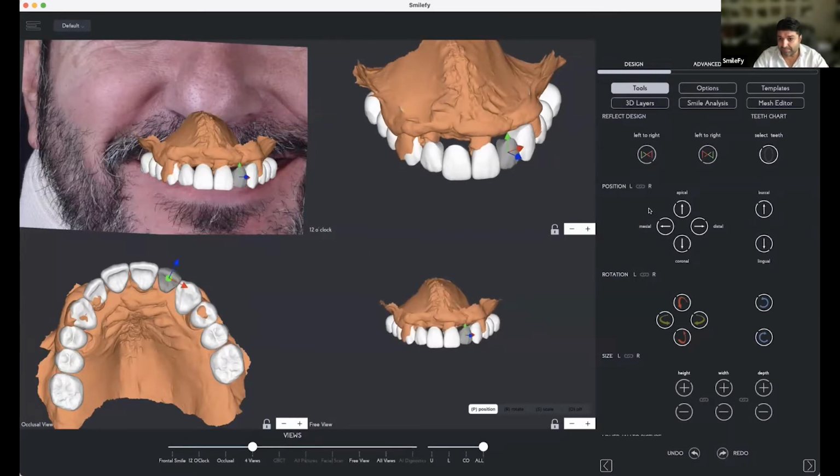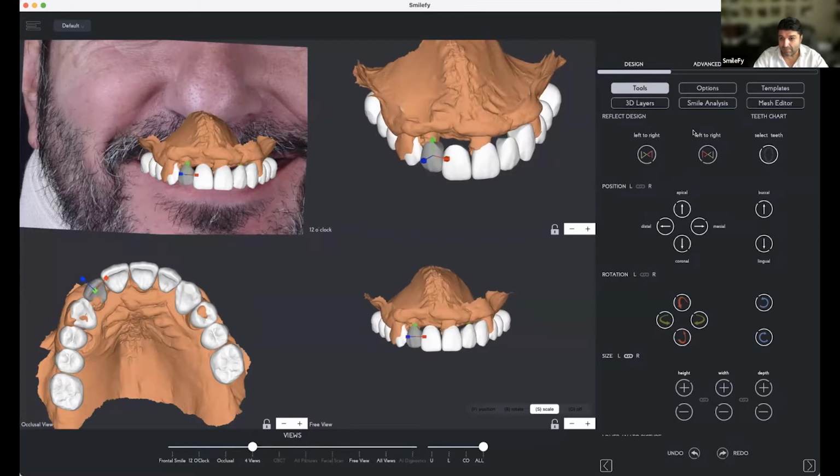Maybe the size of the laterals, we're gonna increase them on both sides. Let me, like this. Here we go. This is good. I transfer the size from right to left, from left to right, whatever I need.